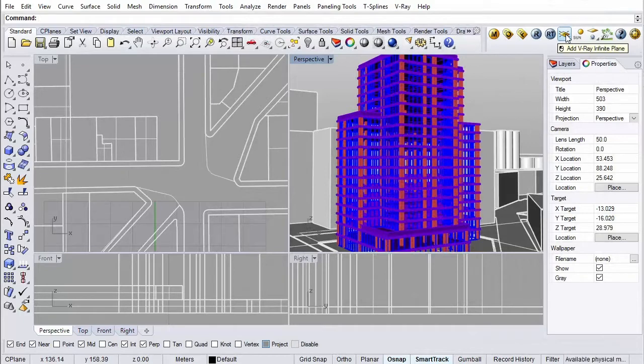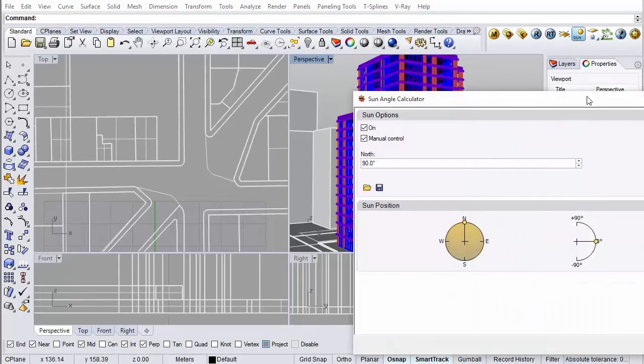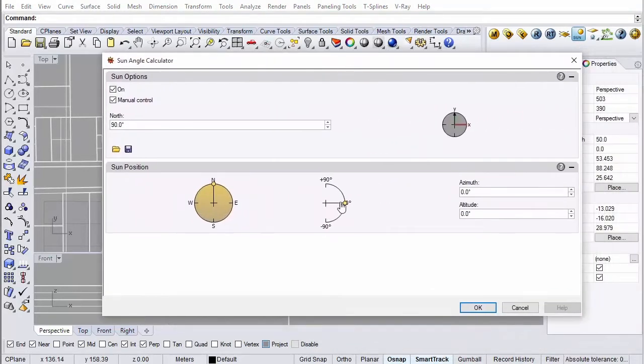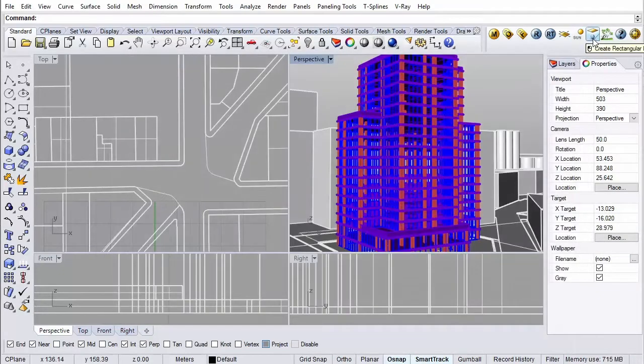Next, you can add an infinite plane to create a horizon. Sun settings, which is where you set realistic sun angles according to region. All of the V-Ray lights are accessible through here. A V-Ray proxy menu, which is actually a really cool tool, but we're not going to go into this here because it's a bit more advanced.